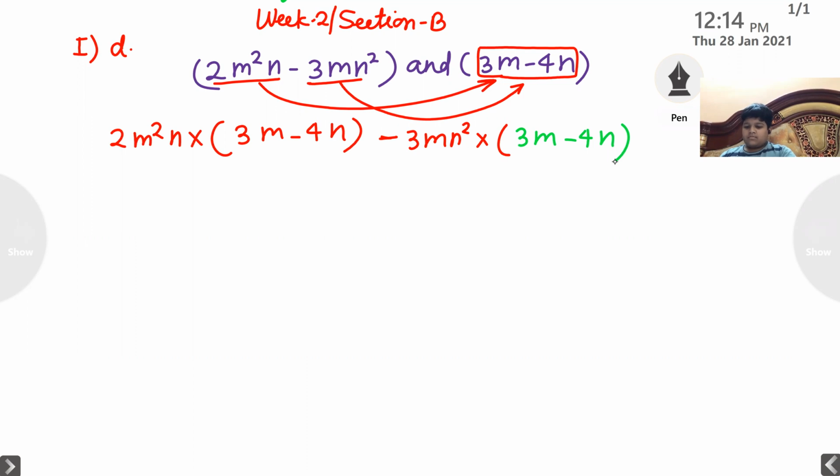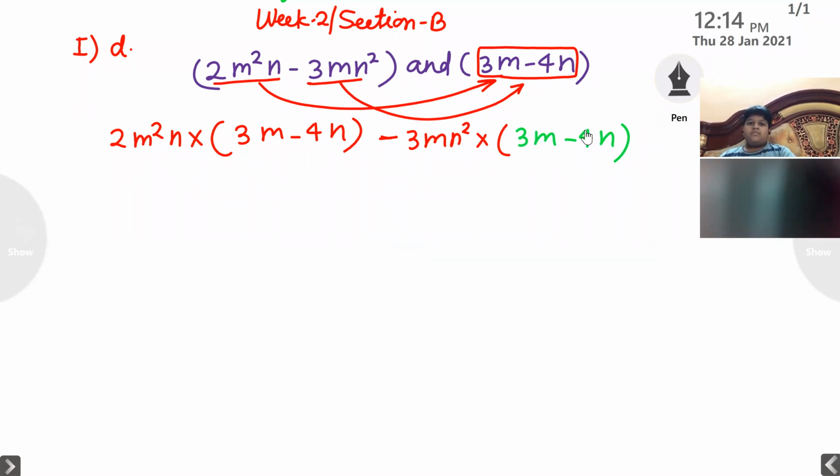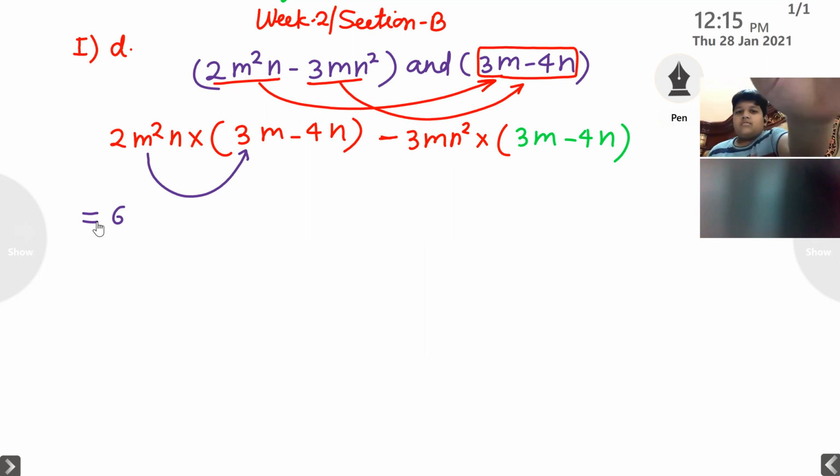Now normal multiplication we know very well. First term multiplied with first term, multiplied with second term. Now how to do multiplication? I told you, when we are going to multiply this first term with first term inside bracket, firstly we have to multiply numerical coefficient. First numerical coefficient is 2 and inside bracket numerical coefficient is 3. 2 threes are 6. After that you are observing m before bracket, m square is there, and inside bracket 1 more m is there. It means m cube. N will be as it is.